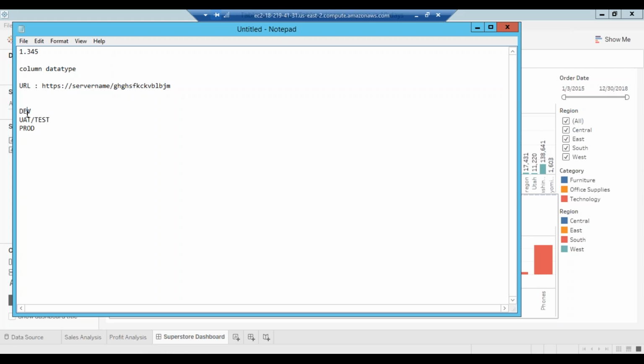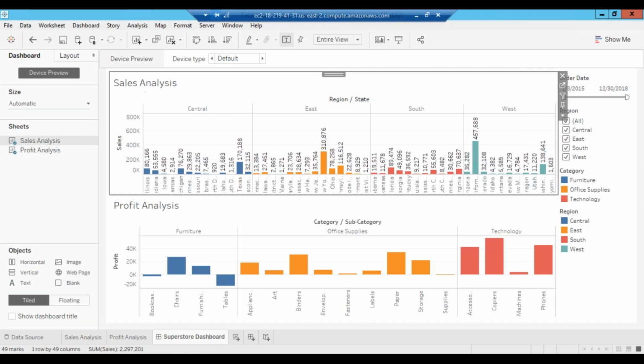You as a developer might be working directly in the development environment. Then this will be migrated to the test environment for testing and everything. Then when everything goes fine, it will be migrated to the production environment for end user consumption. So this is how the dashboard will be published. Now the user will come and see the same thing. They will not see all that stuff, they will just see the view. I'll show you in the next session perfectly.